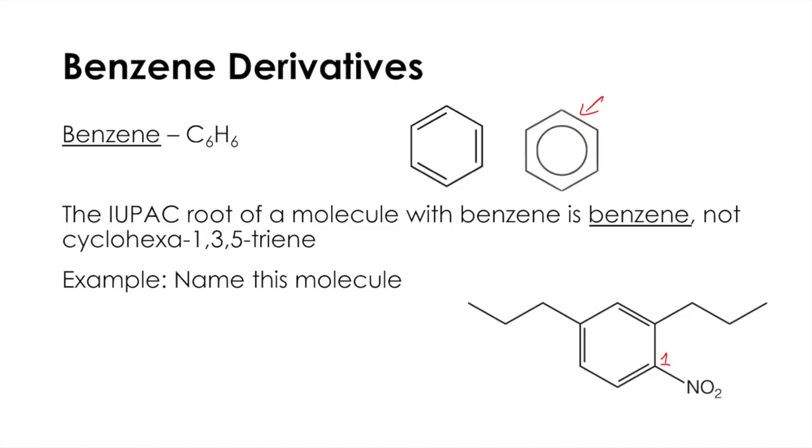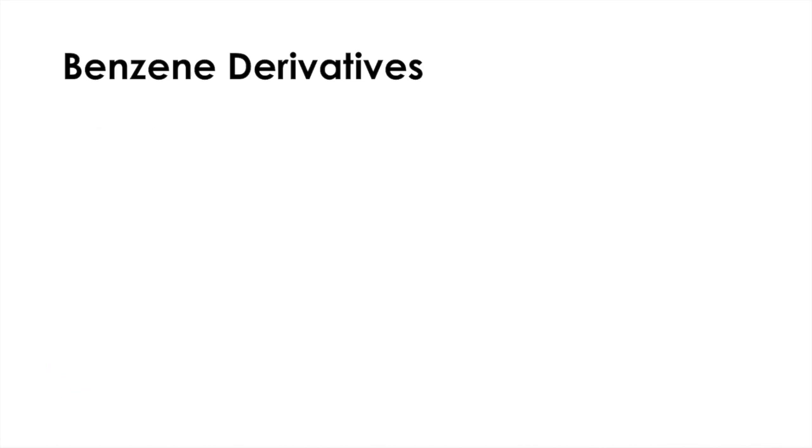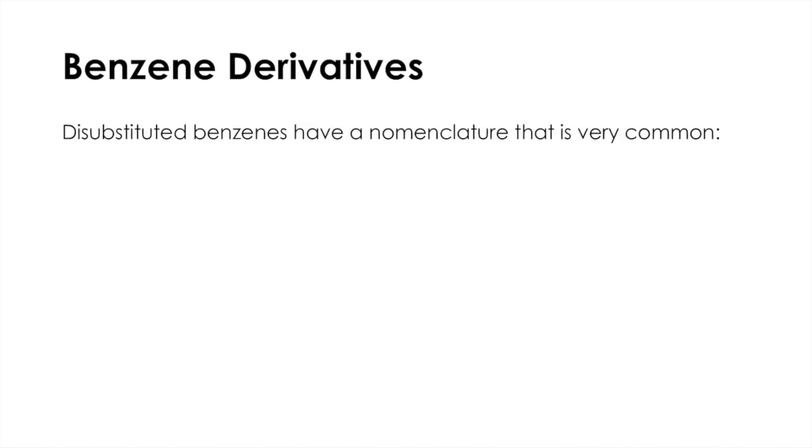We start here to minimize the index, 5, 6. And so to name it, we have to go alphabetically. So nitro comes first, so 1 nitro. And then we have 2 propyls on 2 and 4, dipropyl. And then the root is just benzene. And that's it. And so benzene is so common that there's actually convention on how to name specific benzene type